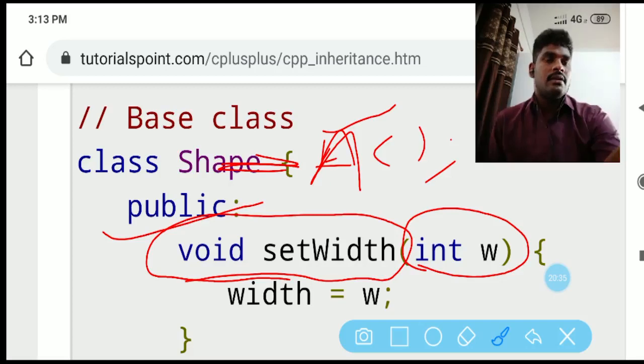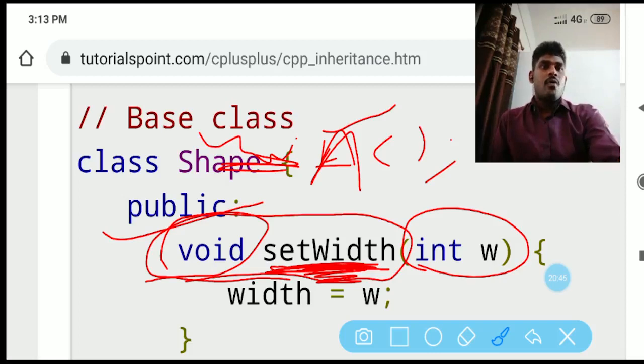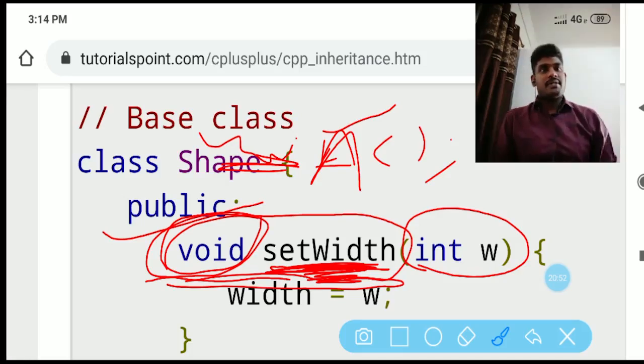The return type may be int, any return type, or void. That's why void set width is the name of a member function. Void is the return type. So this becomes a member function, not a constructor.